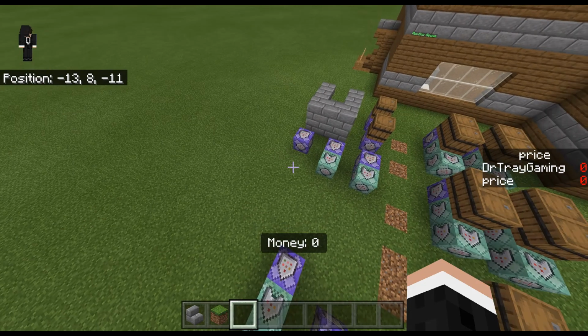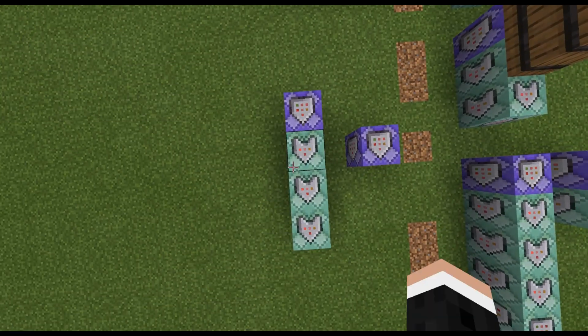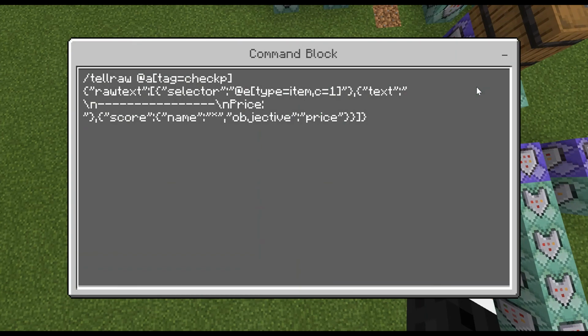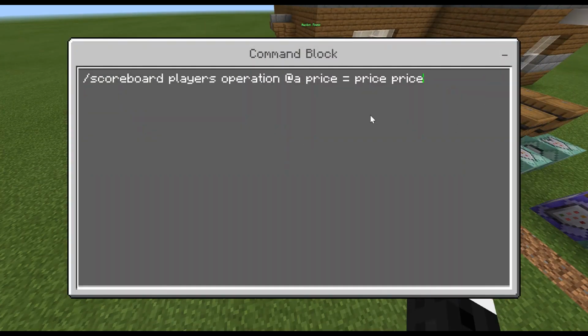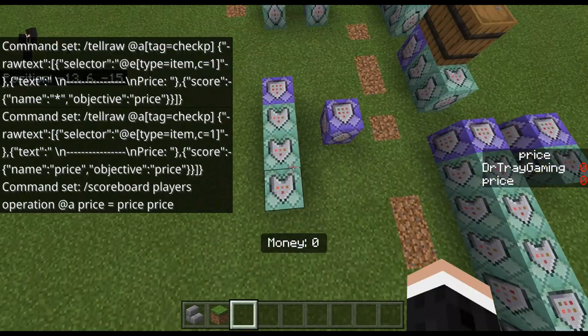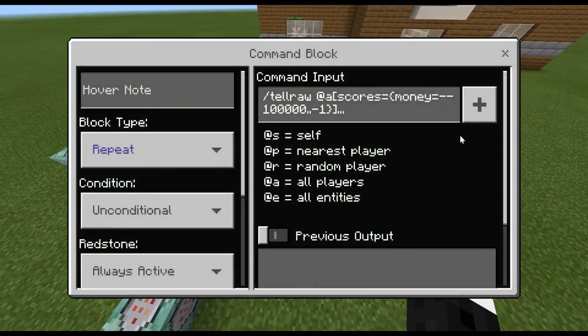Also, just so that you guys know, you do not need the thing that sets all of our scoreboards prices. Here, I can actually show you something. If you go into this command block, I wasn't able to do this because I didn't really know about it, but if you do that, you can break this command block right here. This command block will just set everybody's price, and if you just keep it like that, it will be showing the scoreboard of the other